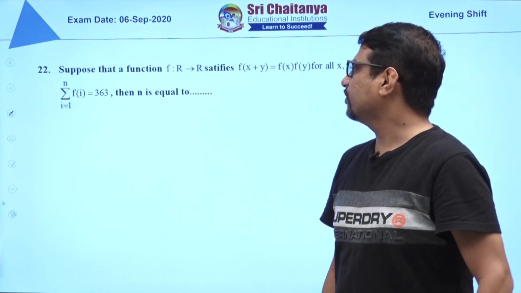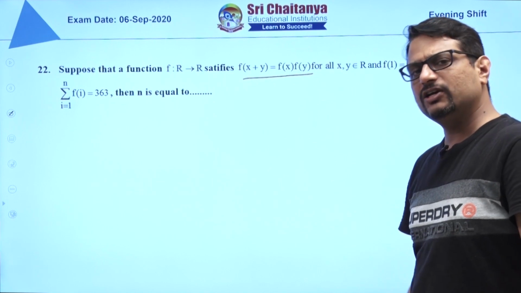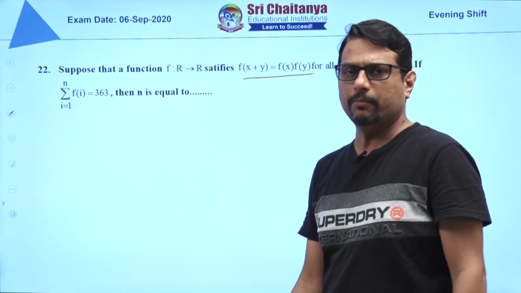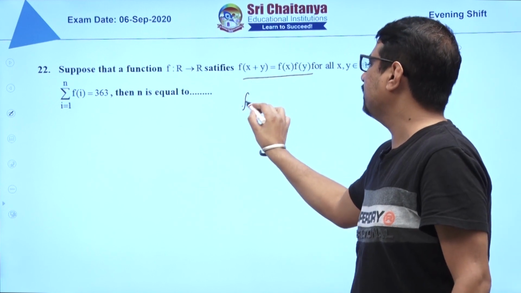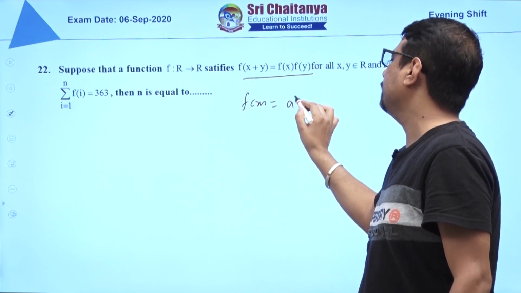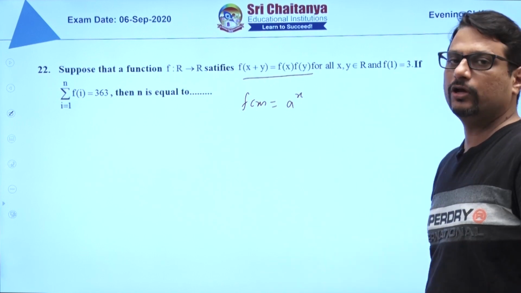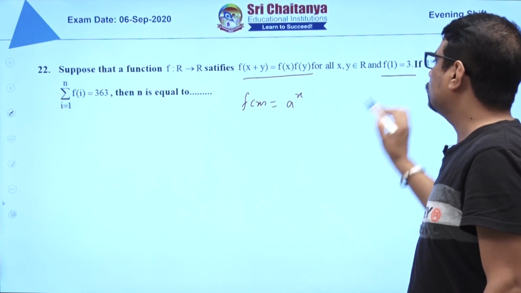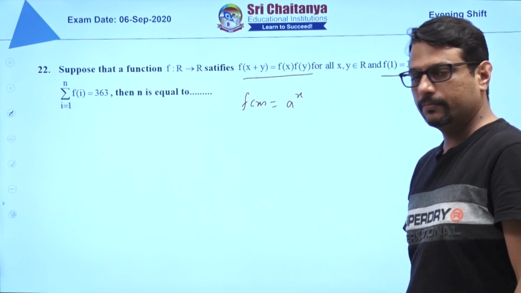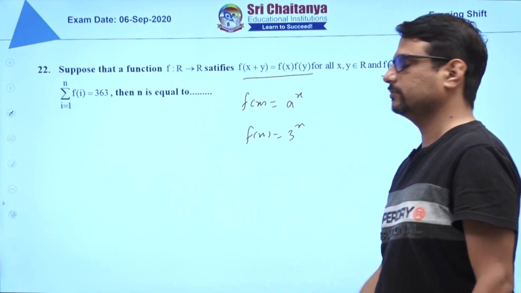Next. So functional equation based question. This we can derive using application of derivative, but certain results are to be remembered for mains purpose especially. So this condition will be satisfied by a function of the type a^x. You can verify also a^(x+y) will be equal to a^x into a^y, which is f of x into f of y. And since f of 1 is equal to 3 is given, that means a is equal to 3. So if a is equal to 3, that means we know f of x is equal to 3 to the power x.